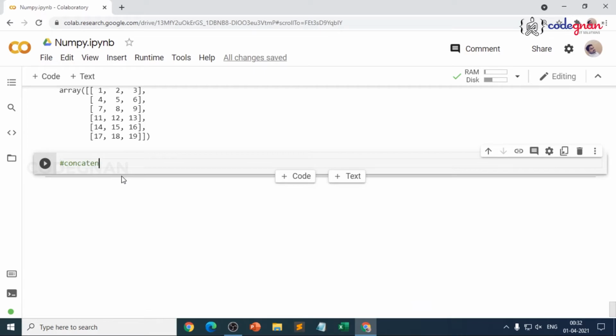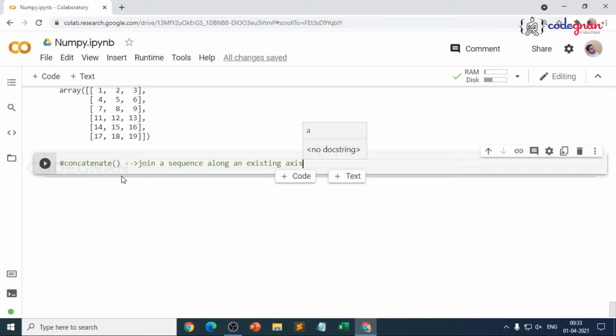So when I go for concatenate, concatenation is nothing but you just go for addition of two numbers. Concatenation is you take two strings, you add both of them. That's the same function over here. When you go for concatenate of the arrays, we try to join a sequence along an existing axis. That is a very key point.